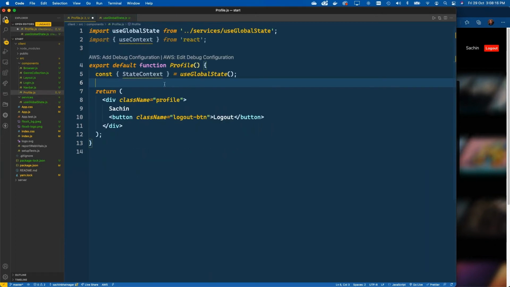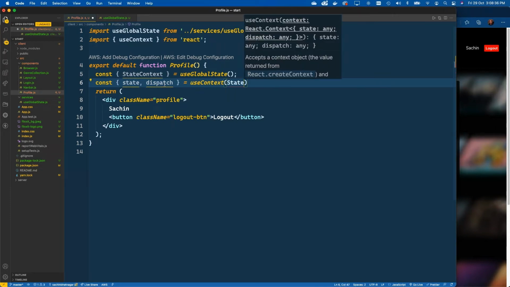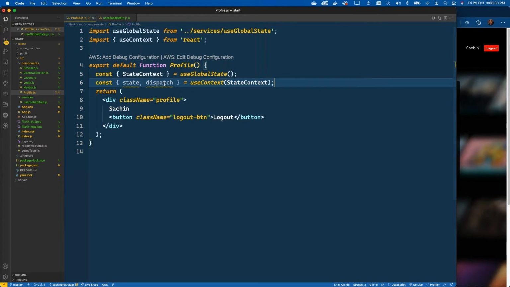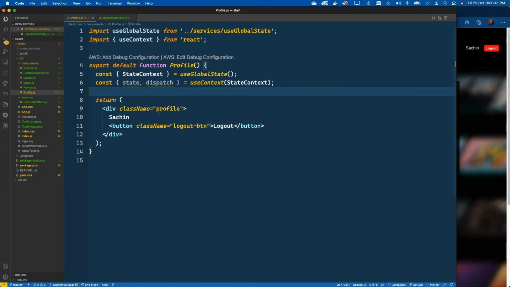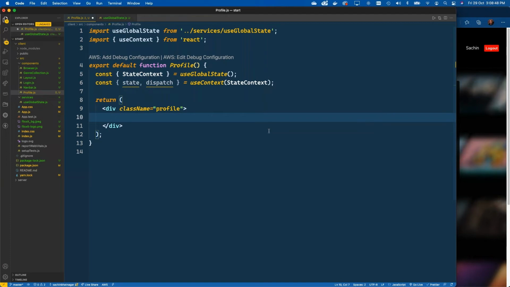So once we get our context, in order to consume the context, in order to get things out of the context, for example, getting access to the state object and the dispatch function, we'll need to use the useContext hook and simply supply the state context like so, right? So once we get this, let's make a couple of changes over here. What I'm going to do is I'm going to just cut this portion out,